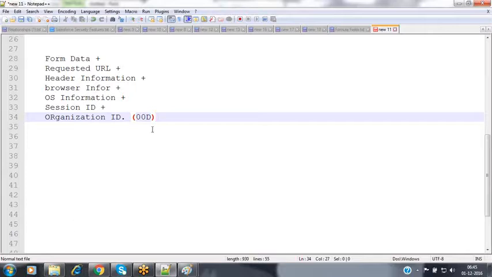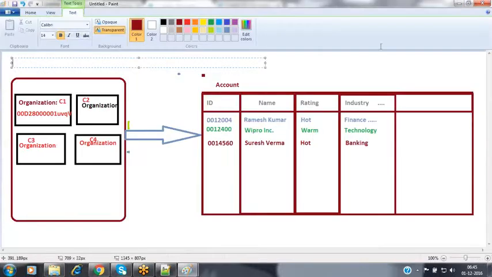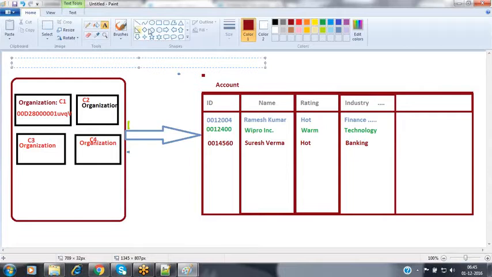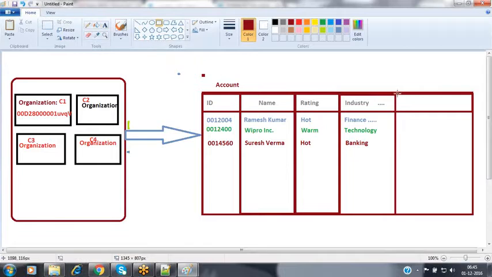So what happens is, this indicates that the request has come from this particular Salesforce organization. Whenever you are inserting a new record, along with your record details, whatever you have entered, it sends your organization ID also. Inside this table, Salesforce maintains a column called organization ID, so you will have a column called salesforce.com organization ID. This is that organization ID here.